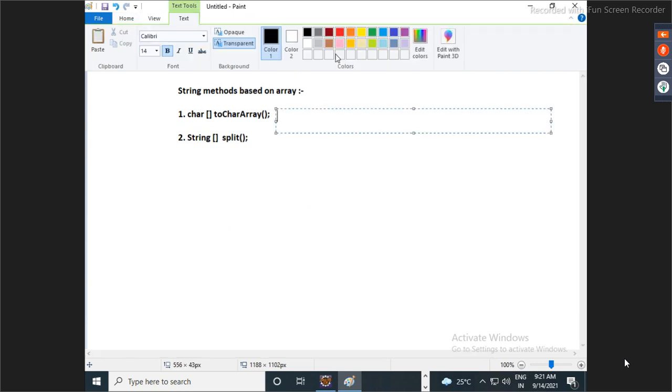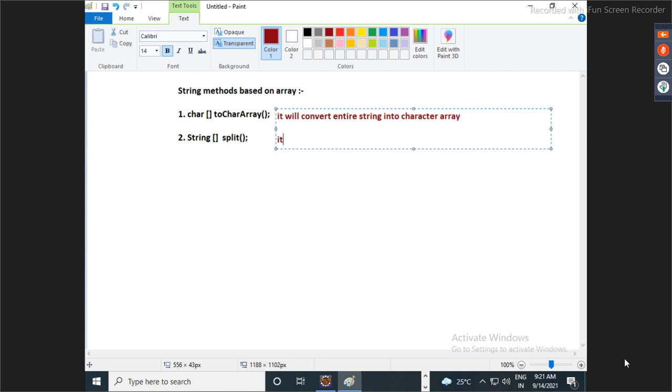So here we will say it will convert the entire string into what? Character array.